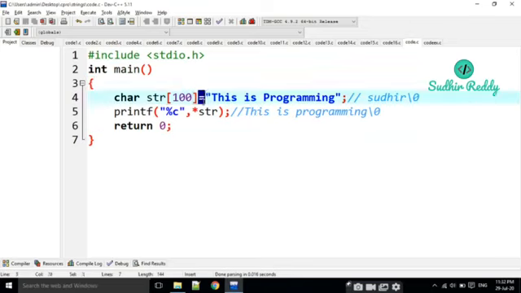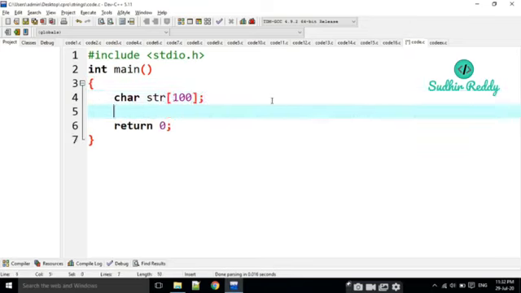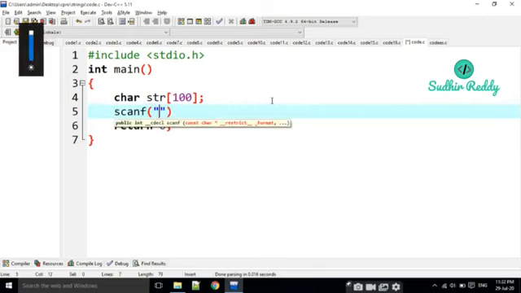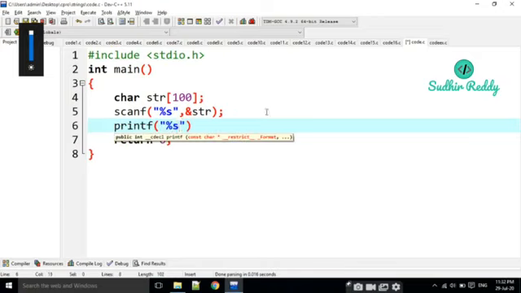Now I am going to read from the input, from the keyboard. How am I going to read? scanf %s, it is a string I am reading, not a character, %s and str. There is no need to write character by character here. Just directly push the whole string, and I am going to print %s and str.